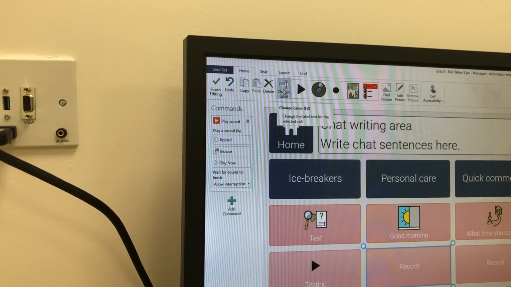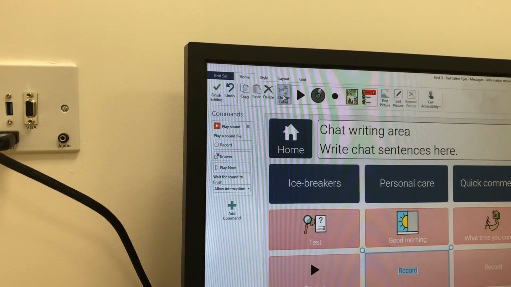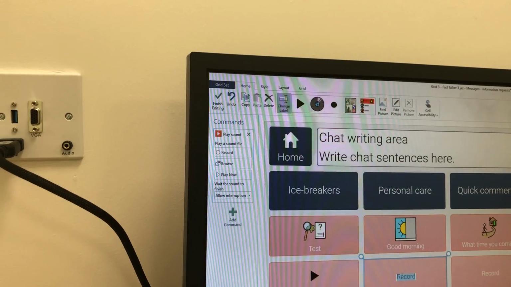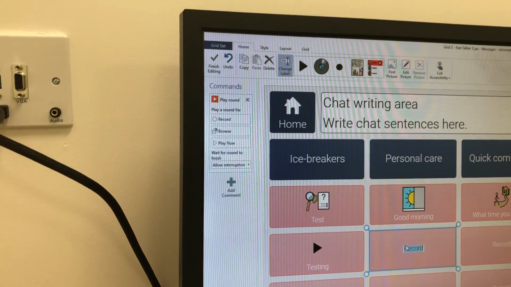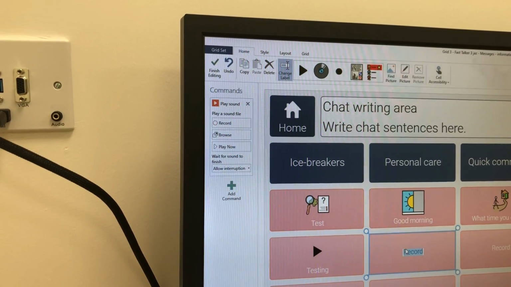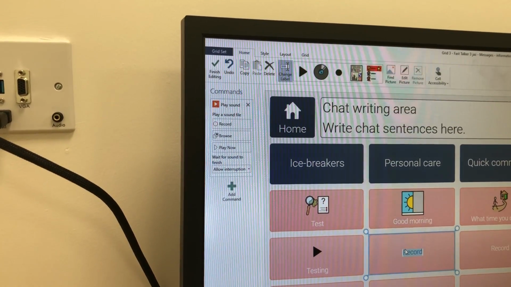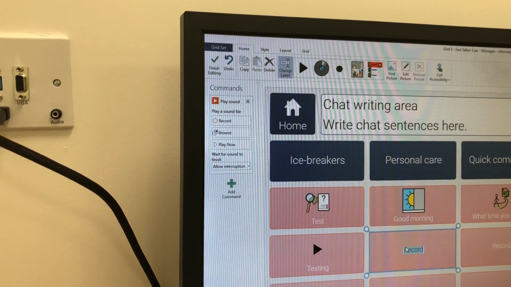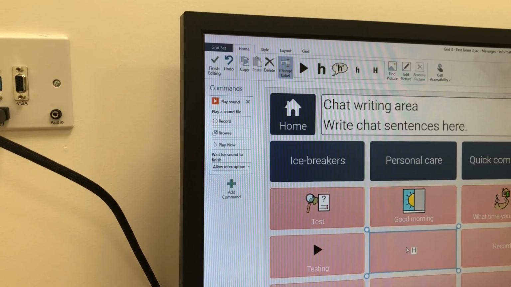So if I click change the label, which is just here, it'll highlight that box in blue. And now what I do is I just use the on-screen keyboard, or I've got a physical keyboard, and type in my message. So if I say hello,